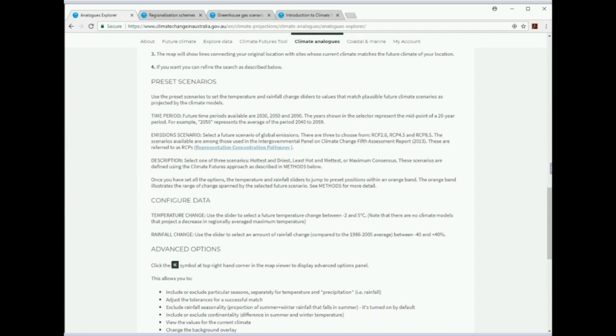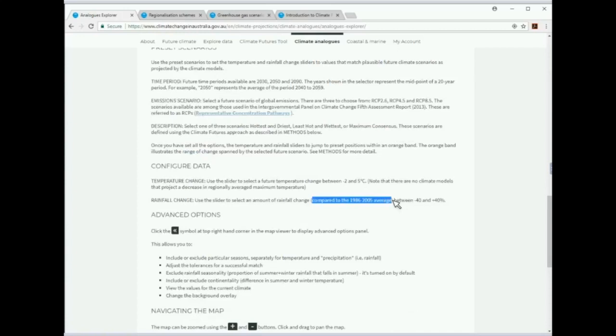So I've just scrolled down to where it talks about, hang on. Oh, it actually says it here. That wasn't what I was looking for, but just by chance. There it is. So the reference period that we use is 1986 to 2005. Now, this is slightly complicated. It's a 20-year period,